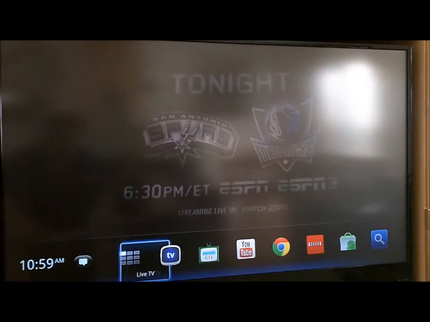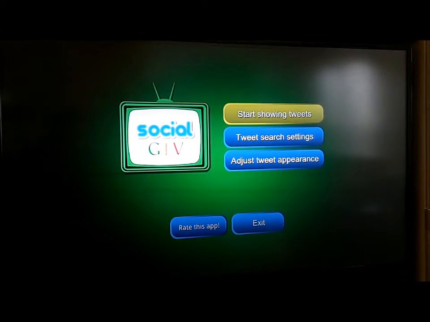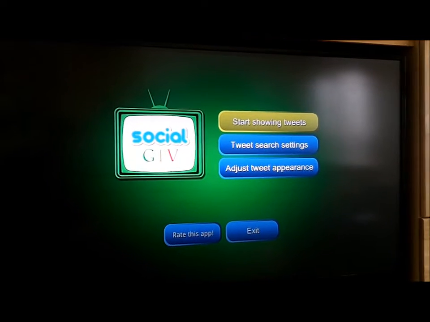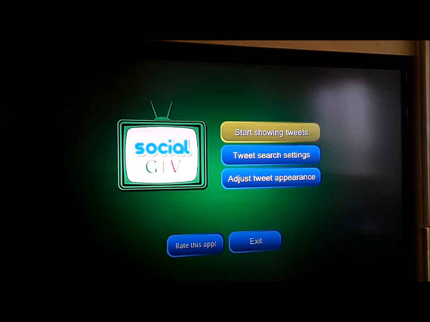Alright, so I have it here loaded up, and the first thing I would say is that it is very simple looking, which is good. Not a lot of text on the screen, just simple buttons, nice and clean looking. The first thing I will go to is